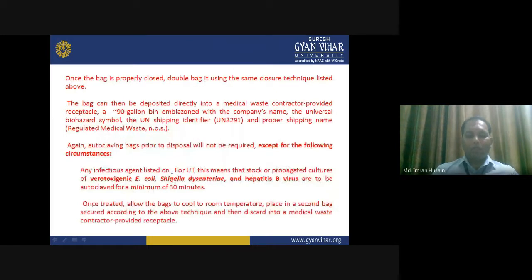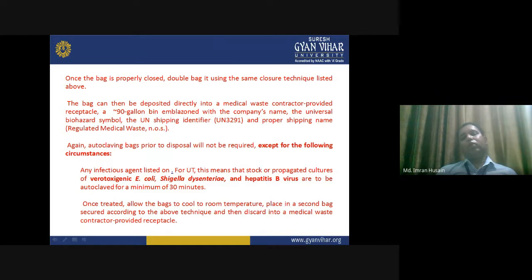Moving ahead, once the bag is properly closed, double bag using the same closure technique listed above. So every time you have to make sure that the bag is being properly closed, properly used, and properly operated following the protocol. The bag then is disposed